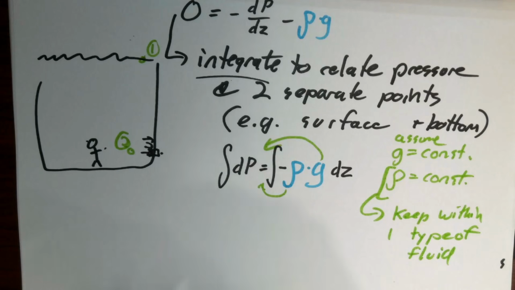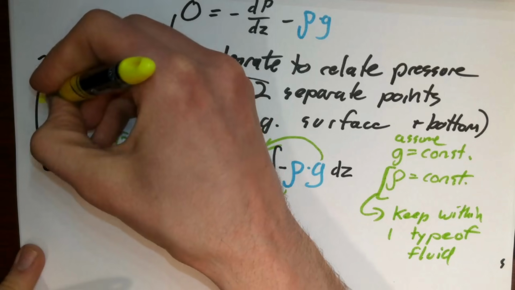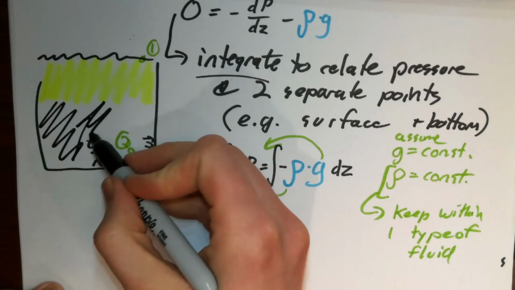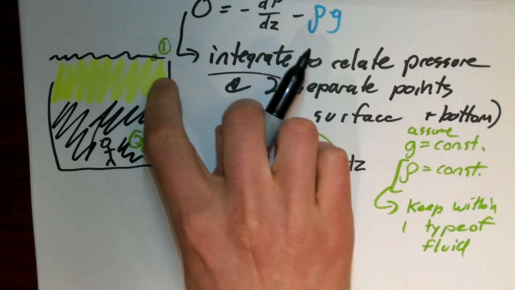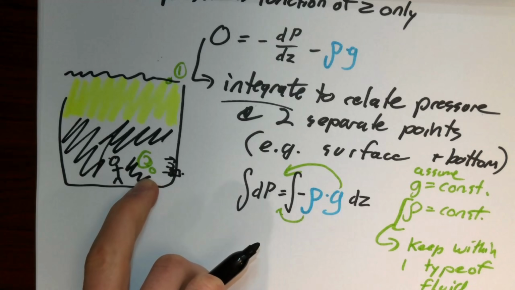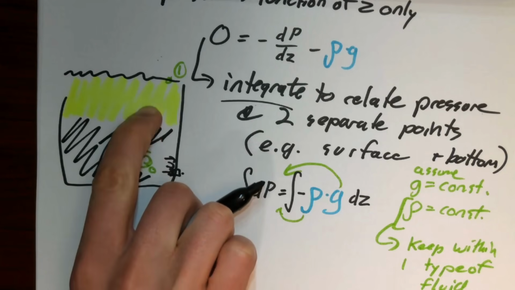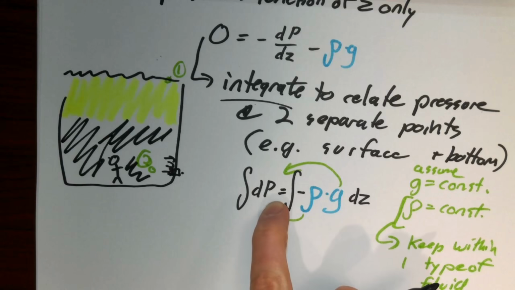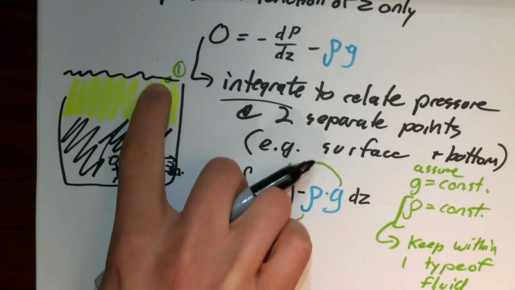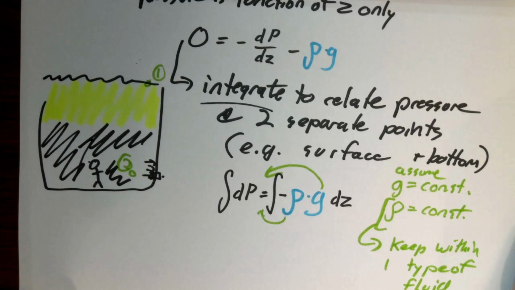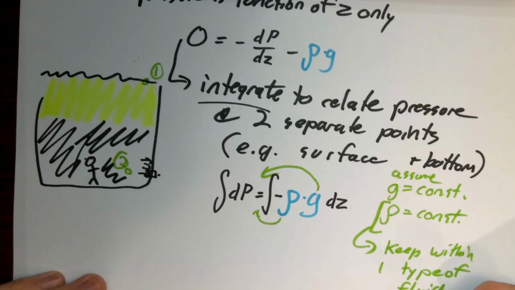of a swimming pool, I was at the bottom of a giant bottle of oil and vinegar, balsamic vinaigrette or something like that, right? So we wouldn't be able to make this assumption, if I couldn't relate these 2 points quite so directly. If I were in one type of fluid that had one density, and then I changed to a different type of fluid, in that case, density wouldn't be constant, so I couldn't pull it out of this integral because it would be changing with z, right? So we've got to keep within one type of fluid, and the fluid must be homogeneous